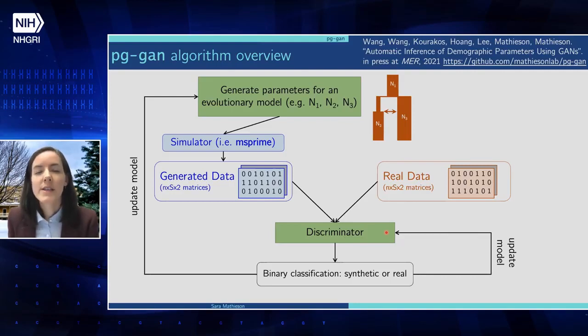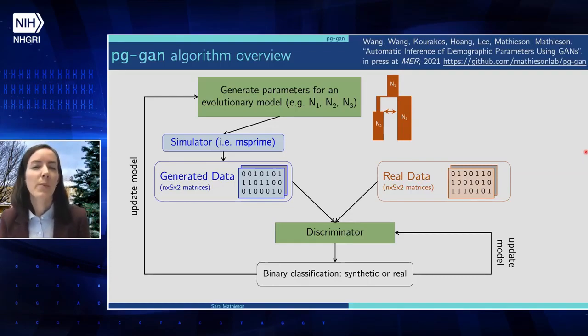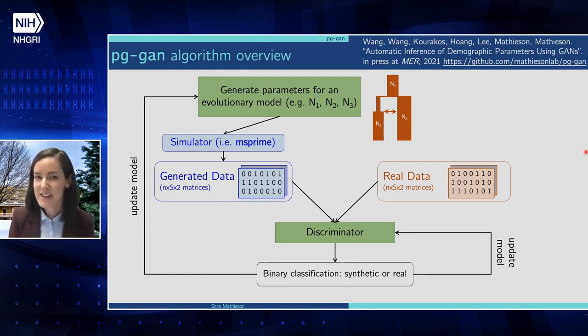But instead of the generator going right to simulating all these zeros and ones, I actually wanted to include an evolutionary model as part of the generation process. So instead, the generator needs to choose these parameters of, say, an evolutionary model, say these population sizes, N1, N2, N3 in this example, and then feed those in to some evolutionary simulator and then create the generated data. And so because of this unique generator architecture, we can no longer really use backpropagation or a lot of gradient descent style approaches because we don't have the gradient anymore.